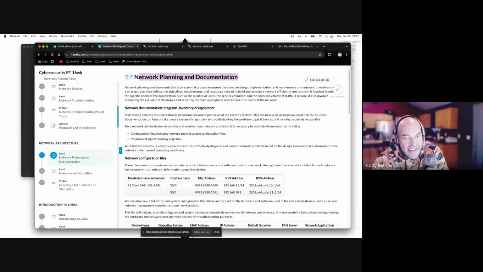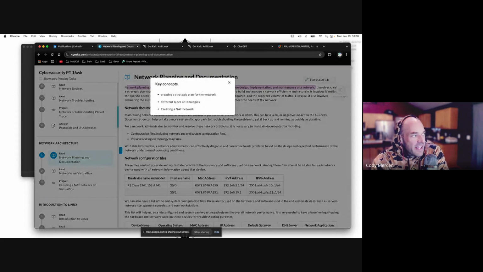And again, this is outside of the scope of cybersecurity. Why we're really delving into this, I'm not really sure, but that's okay. I'll still teach you about it anyways. In short, network planning and documentation is an essential process to ensure effective design, implementation, and maintenance of a network. Some of the key concepts: creating a strategic plan for a network, and different types of topologies, which we've